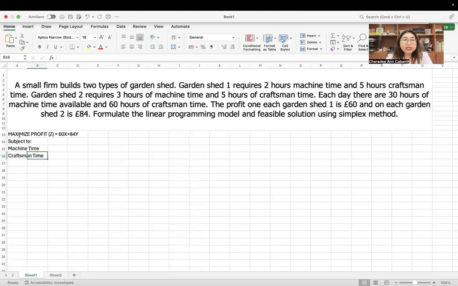Now, to easily create your Tableau, I would highly suggest you first create a table.